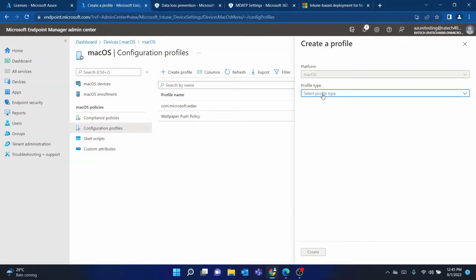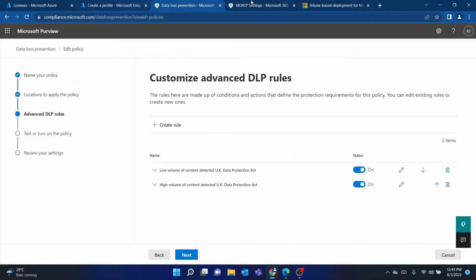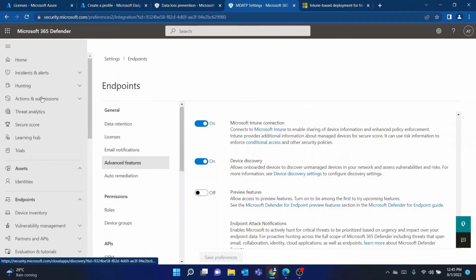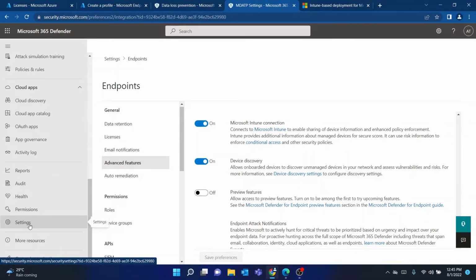So you can start creating the profile from here. So first of all, you need to download a file. In order to download that file, go to your Security Microsoft 365 Defender Center. Then from there, I'll show you from here. You have to go to settings,